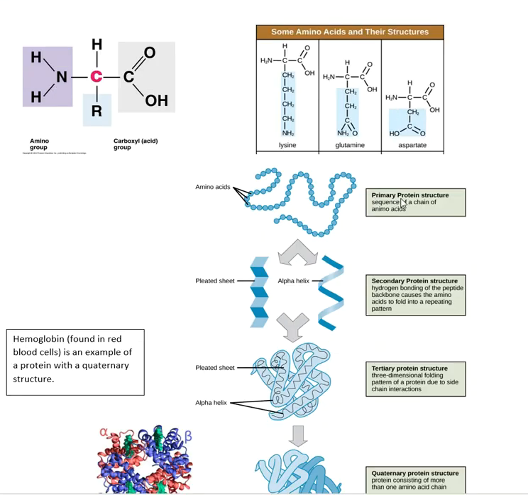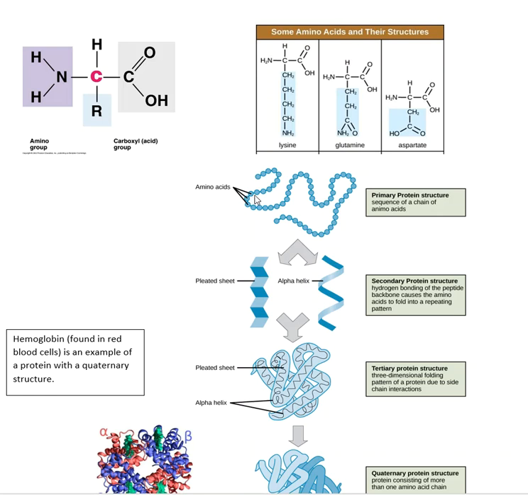So you can see that the primary protein structure is the sequence of amino acids. So each of these blue balls represents an amino acid. The amino acids are chemically joined together to produce the polypeptide or protein chain, and this is the first level of structure. The order of bases, nitrogen containing bases on one of the two strands of DNA, is responsible for specifying the order of amino acids. And that's going to be the focus of topics 4.2 and 4.3.